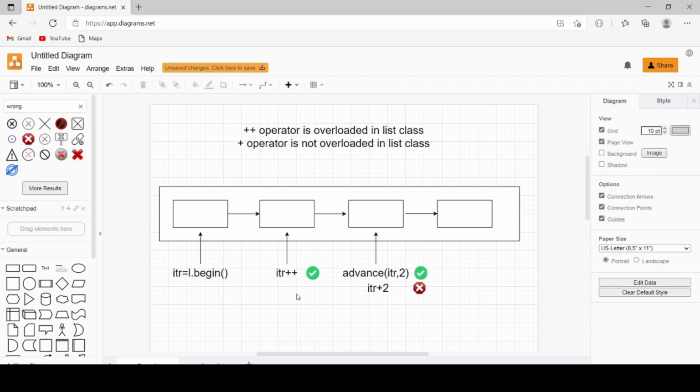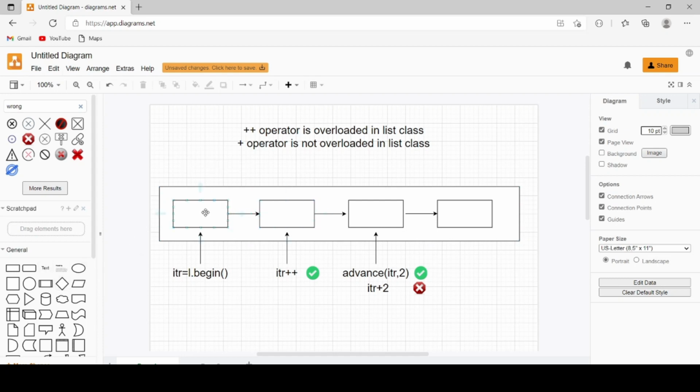Why do we need to overload that? Because a simple ++ means incrementing the value by 1, but itr contains a simple address. Incrementing the address means going to the next location, but these nodes are not contiguous; they are at different memory locations.